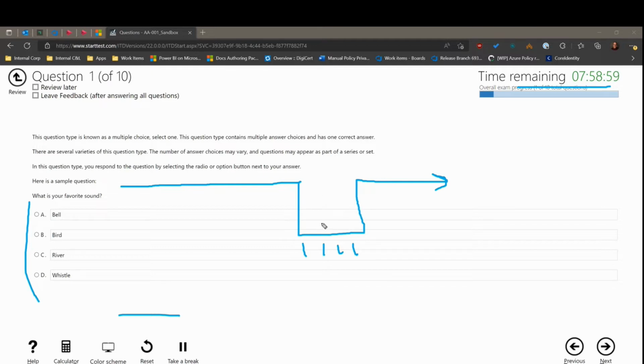This is also how those performance-based lab items work. One other case where you get a testlet where you can't skip it, you've got to do it then, and then you can never come back, is a newer item type. I don't think it's in this sandbox environment, unfortunately, but the questions come in groups, and I think it's well